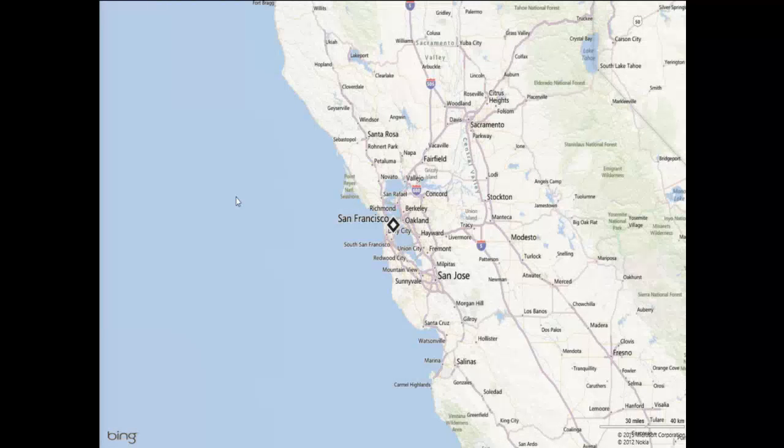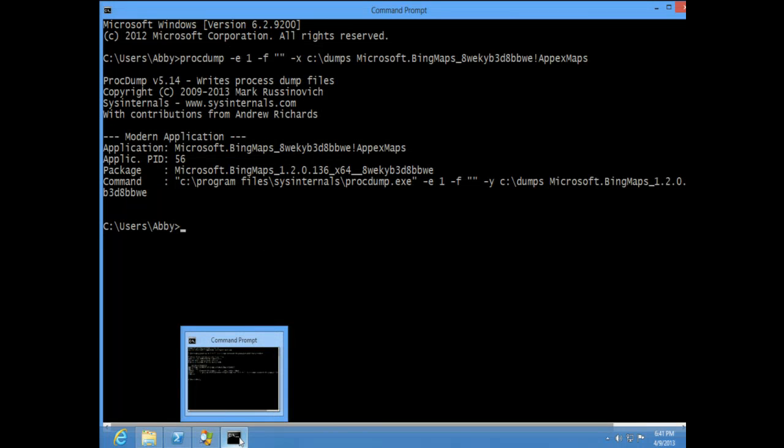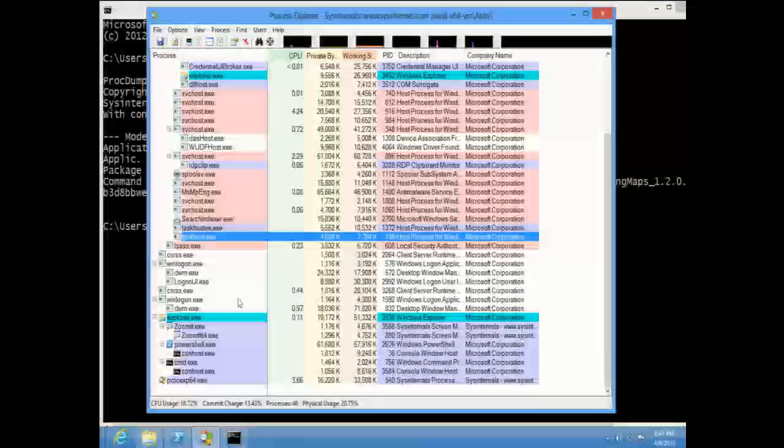Okay, so go back to here, and there's supposed to be a ProcDump window somewhere. Oh, it is not my day.